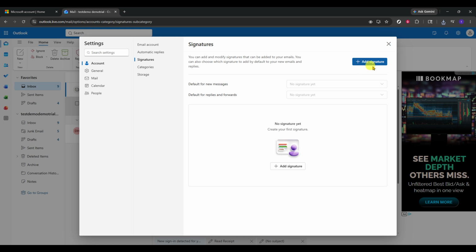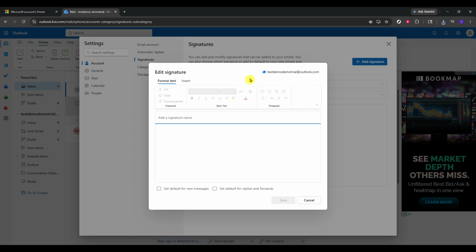Choose Add Signature to create a new one. You'll typically be prompted to name your signature so you can identify it later, which is helpful if you plan to maintain more than one. In the signature editor, type your sample signature. Keep it clear and professional. Include your name, role, and appropriate contact details, and consider adding your organization and a short tagline if it adds